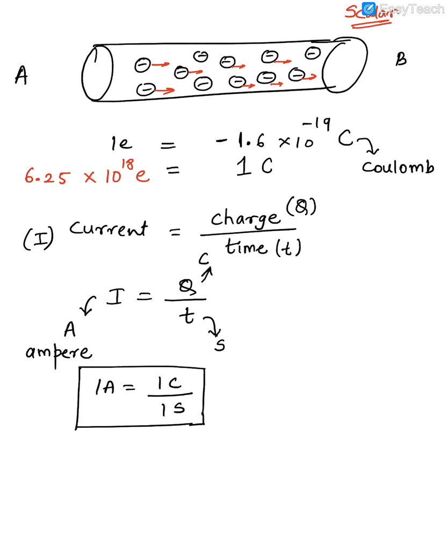Now another thing, how will you find out? I told you that 1 electron has a charge of 1.6 into 10 raised to minus 19 coulomb. Now how will you find the charge of all these electrons inside this? So how do you find the total charge? What you have to do is N into E. What is N into E? N is the number of electrons, E is the charge of 1 electron. So just the unitary method basically. Whatever is the charge of 1 electron, multiply by the N number of electrons. That will give you the total charge.